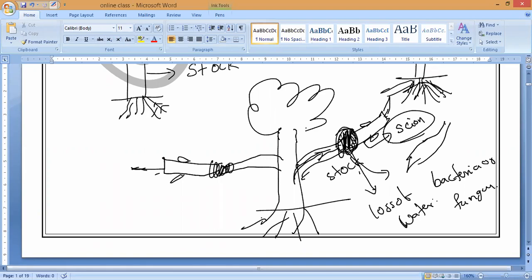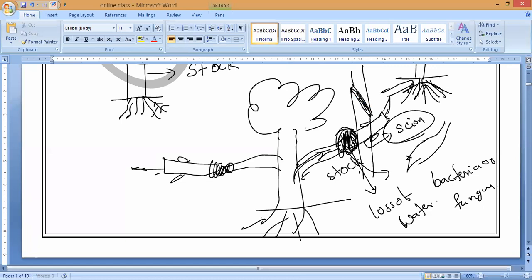Understand? Polythene sheets. Now, while you are joining the stock, a little care should be taken. Make sure that the cambium layer of the scion, the slanting position, what you are cutting, must be in contact with the stock layer. That is what we are cutting, to make a proper joining, and so that it stands for a long period of time. That is why we are making slanting cuts.